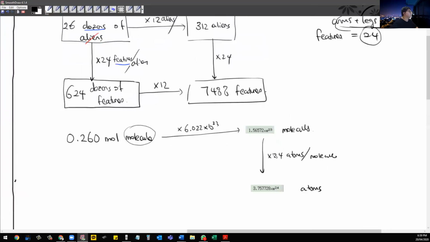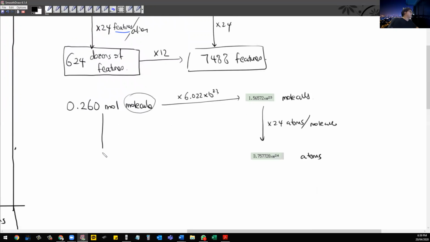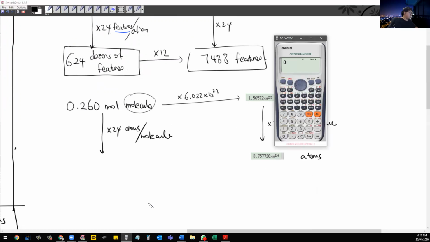So you first get how many molecules there are, because you have 0.26 mole multiplied by the Avogadro's number to get the number of actual molecules. And then because you know that there are 24 atoms inside one molecule, times by 24. Now, go the other way. Times by 24, this is atoms per molecule. Inside of one molecule, there are 24 atoms. Times by those two, that's easy. 0.26 times by 24, then you get